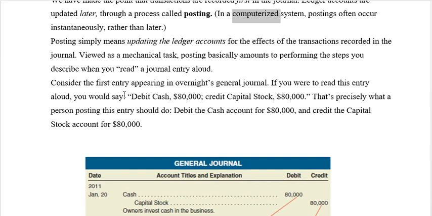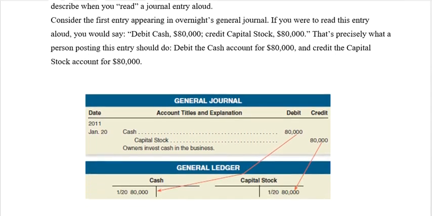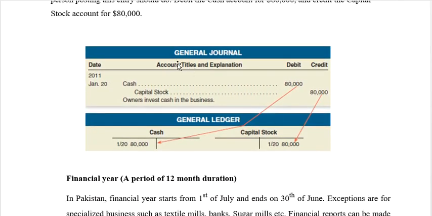And now consider the first transaction appearing in the journal. Look at the transaction again. We have cash 80,000 debit and capital stock 80,000 credit. Okay, it is our journal entry. But how can we make the